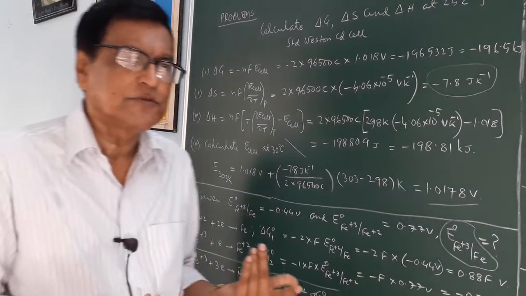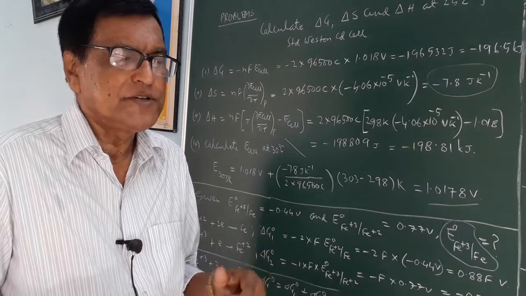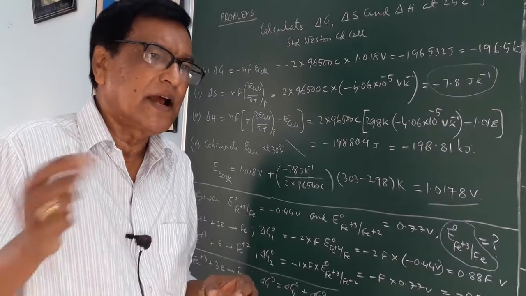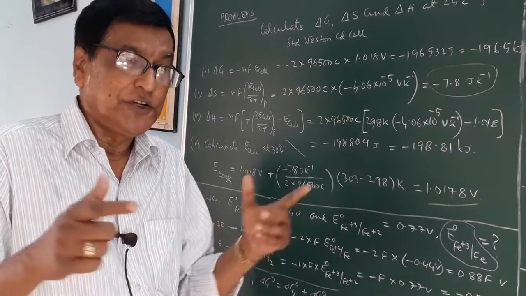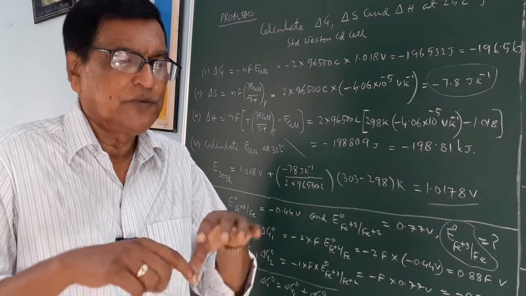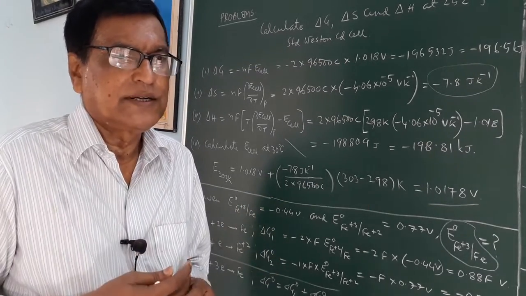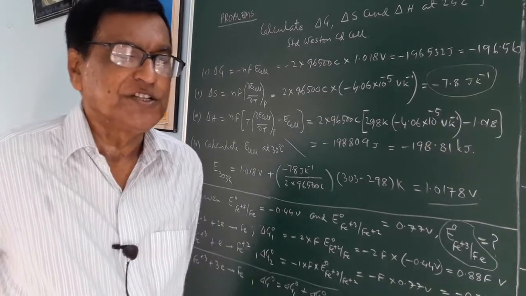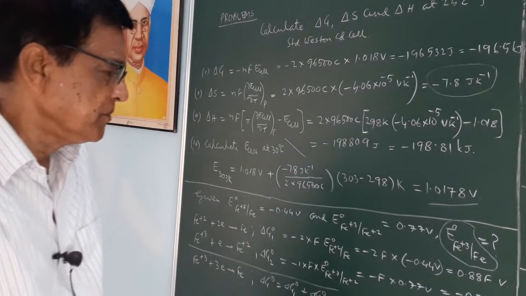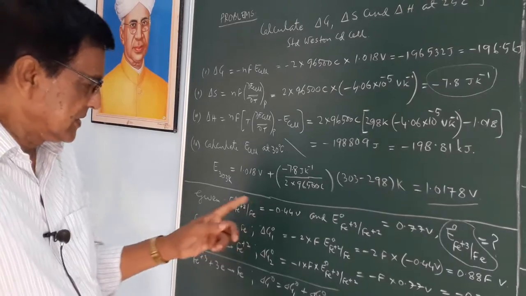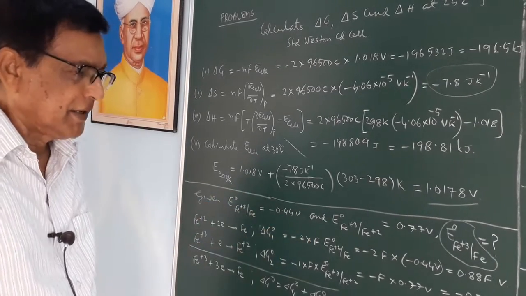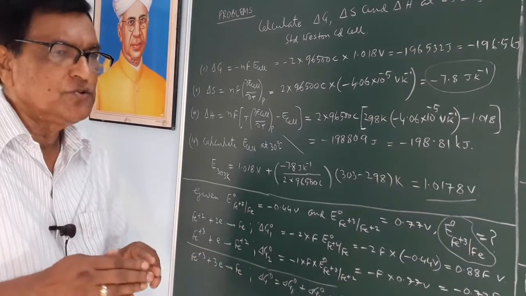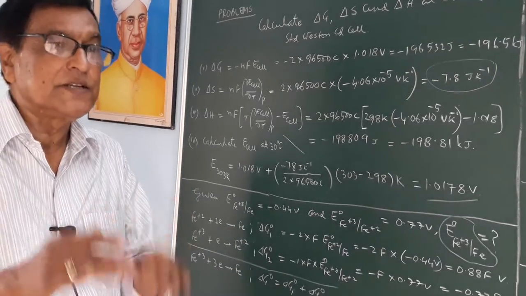It is very simple. Suppose half a bucket of water has a temperature of 20 degrees centigrade, and you add another half bucket of water at 40 degrees centigrade. When you mix these two half buckets of water, it will not give you a temperature of 20 plus 40 equals 60 degrees centigrade, as temperature is an intensive property. So naturally, cell potentials cannot be added up. Cell potential can be converted into the free energy change, which is extensive in nature,